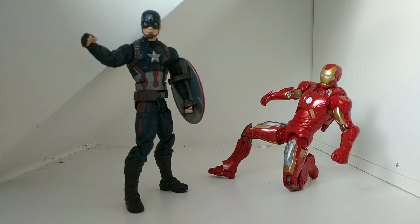I mean, I think the new one that we got is good. The Rhino Wave one, I could not find that at all. So having this version, especially with his white chest symbol, that would be cool. And then, of course, his head sculpt, his head is pretty damn good in the show. Anyway,